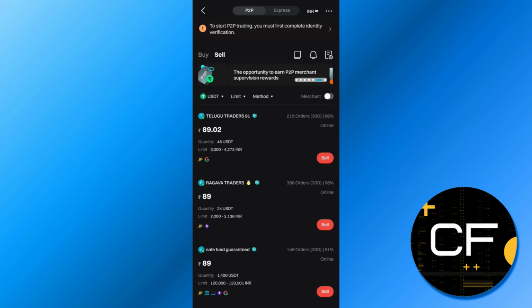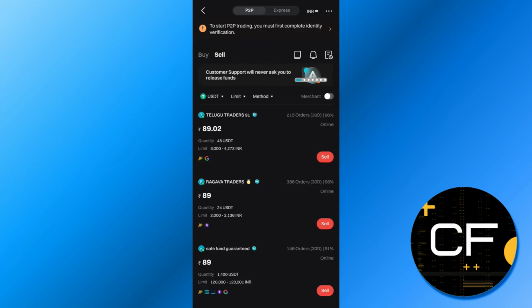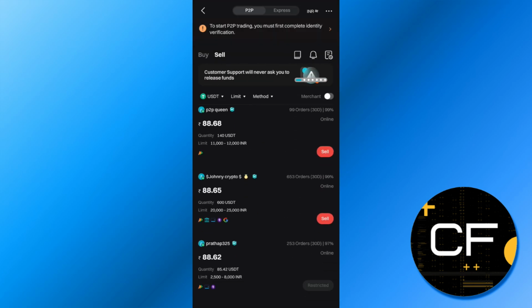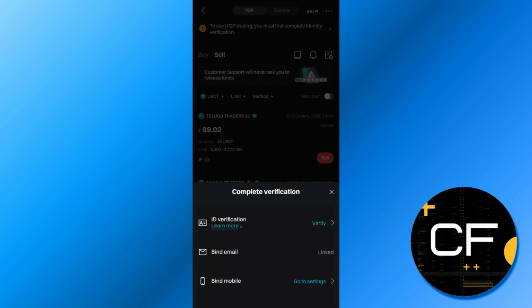Then in the method, you just have to simply tap on it and select your preferable method. For this video, I'm gonna keep it all because it will show me all of the merchants that provide all of these payment methods. Now you need to select any of the merchants of your choice, but you need to make sure that they have a verified badge right next to their profile, and you need to be extra careful while using Bitget P2P. So tap on the sell button right next to the profile of the user